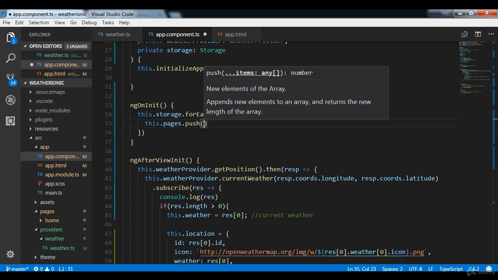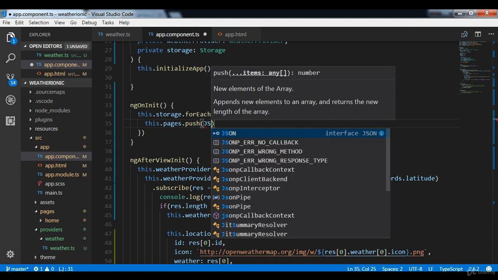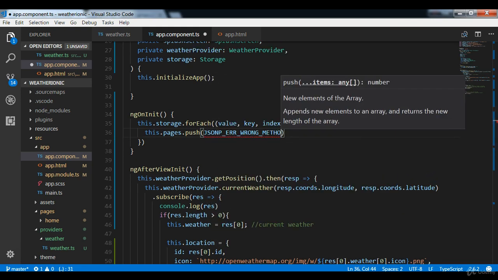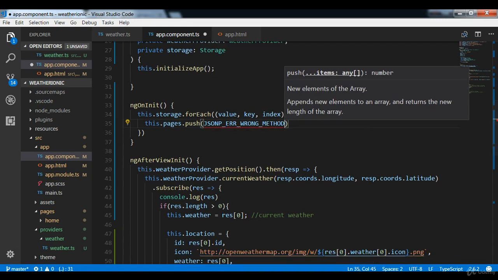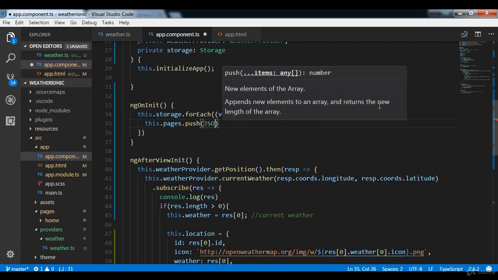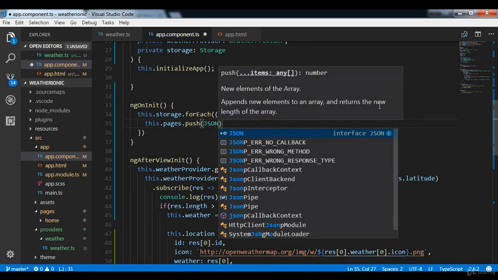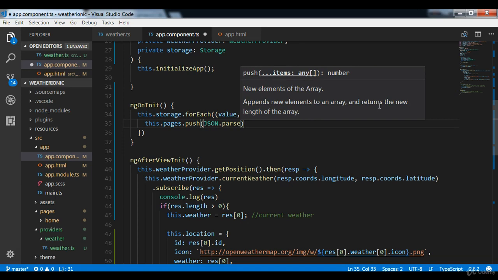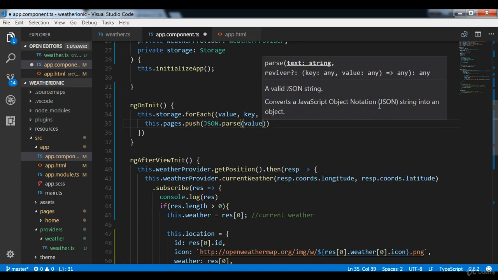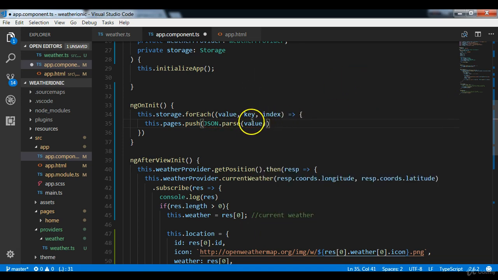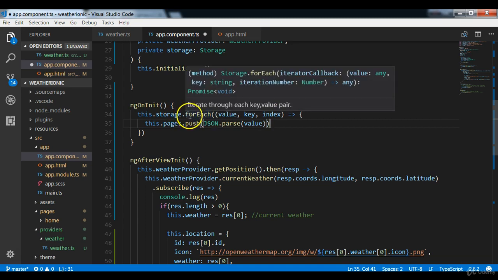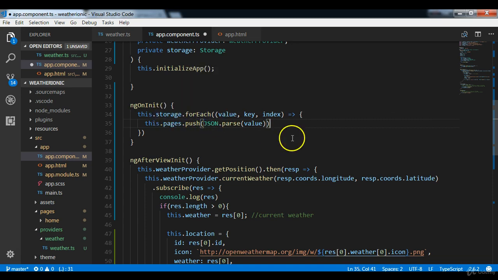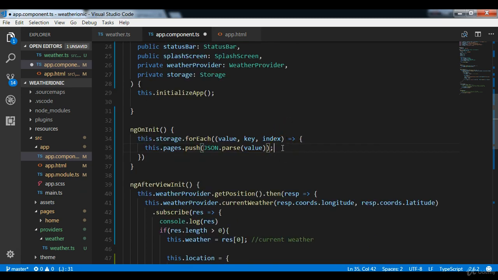So we push, then we pass with JSON.parse. So it's going to convert it to a JSON object. Then we pass in the value. So whatever is returned from this storage.forEach method will be pushed into this pages array right here. So if I save this right now,